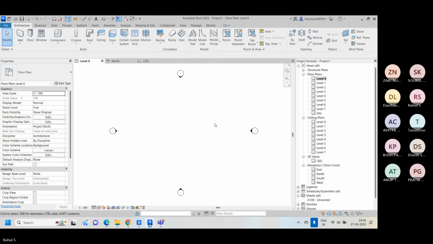No. Okay, so basically, whenever we are creating any 3D model, we need either a center line plan